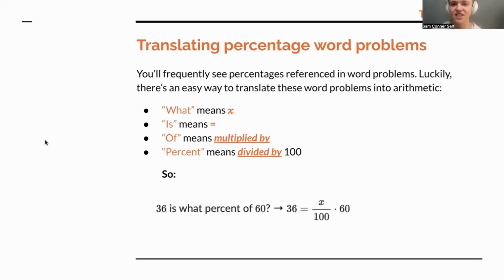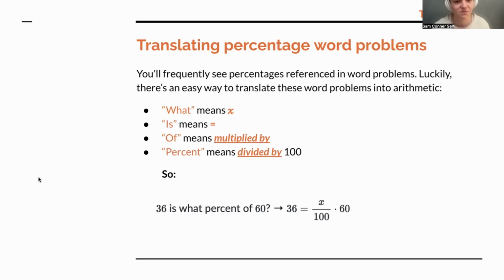And then translating percentage in word problems. We know that the SAT writers love word problems. So it's really important to understand how these topics will show up in those types of questions. So you'll see percentages used in word problems, obviously. And there's pretty easy ways to know how this translates to arithmetic if you're writing it out. So usually when they say what, it means X, or it's the unknown quantity. And then usually when you see is, it means equal to, of means multiplied by, and then percent means a